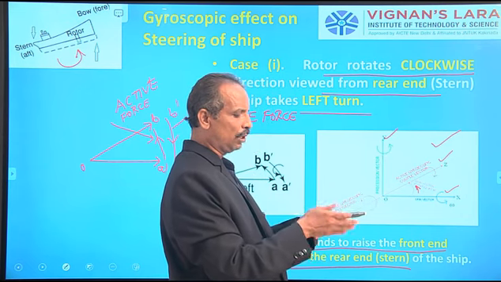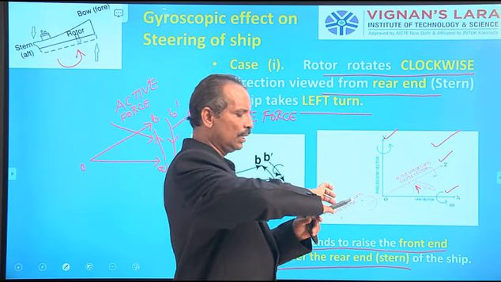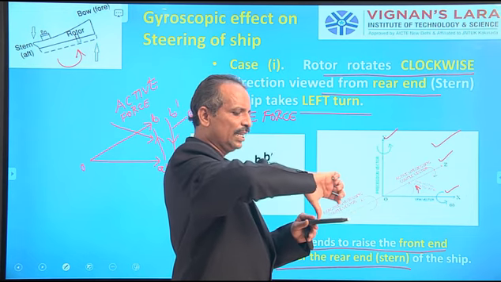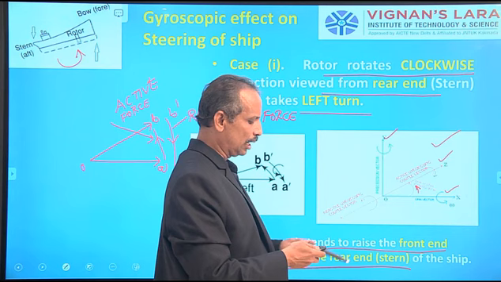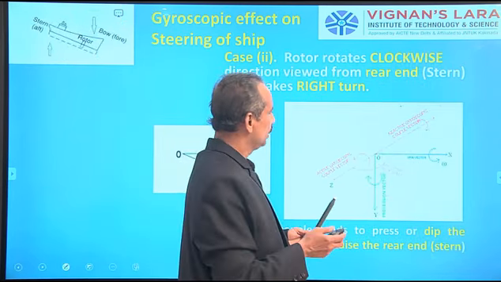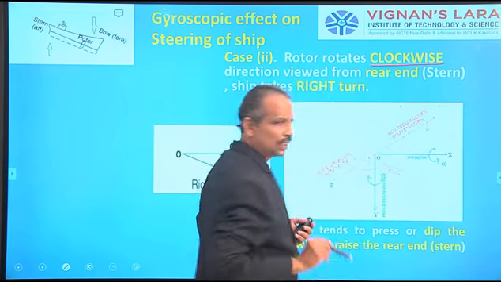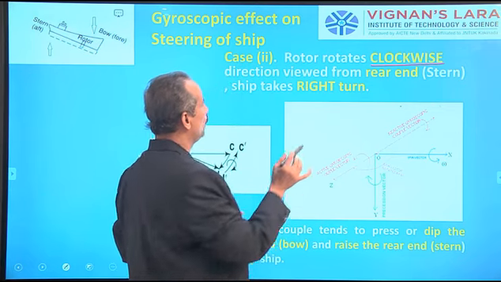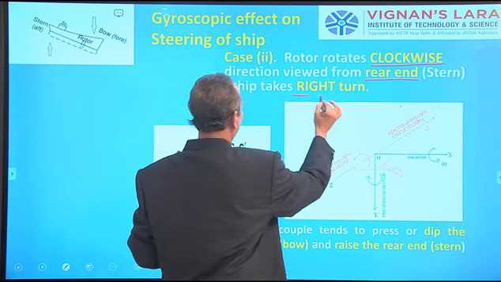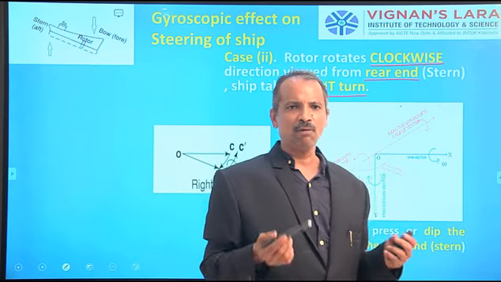This is the precession. Let me tell you the second case. This is the body. I want to give a motion to this like this. How can I give it with my right hand? It is only possible by hitting like this. At that moment, the thumb indicates the downward direction. Look at this, isn't it? This is case 2. That is, rotor rotates clockwise, same clockwise rotation, looking from the rear end. Then what type of turn am I taking? A right turn. Previously we discussed a left turn, now I am telling a right turn.